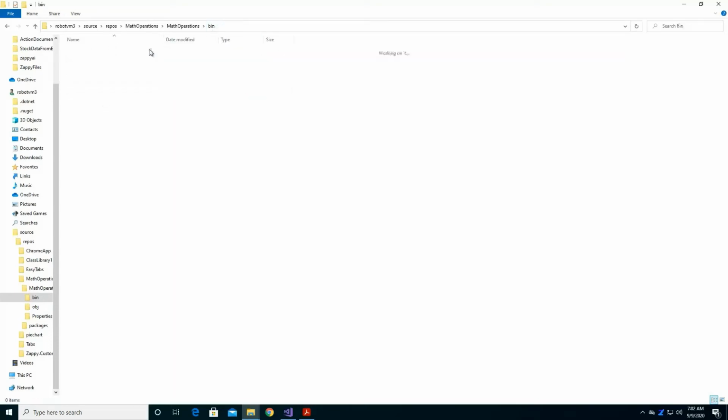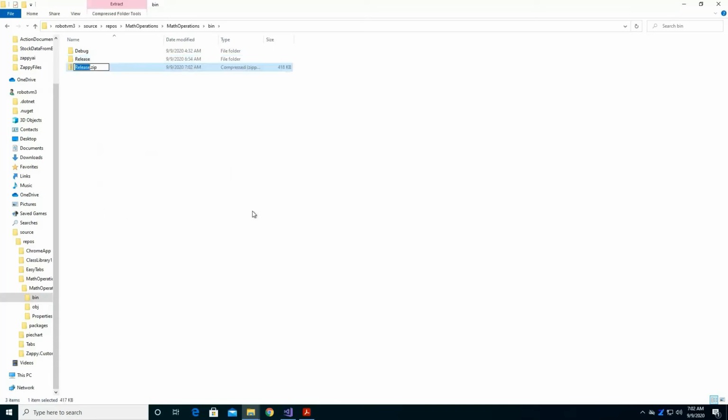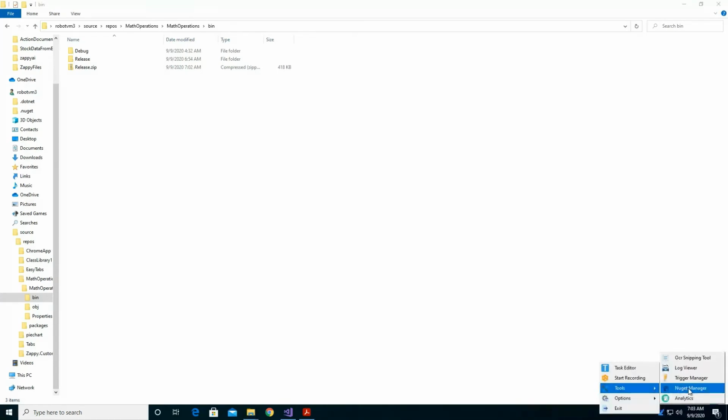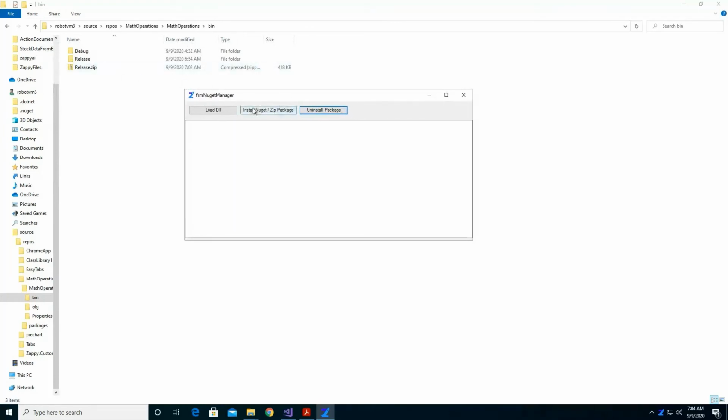So either you can zip this folder and assign it to your task editor, or else we can link your DLLs to the task editor. So we'll see these two steps one by one. So first we'll zip the release folder. Right. So once you zip your folder, go to the Zap icon in your notification area, right click on the icon, go to tools, find the NuGet manager, select this. So here you have an option called install NuGet or zip package. So as we are linking the zip package here, select this button,